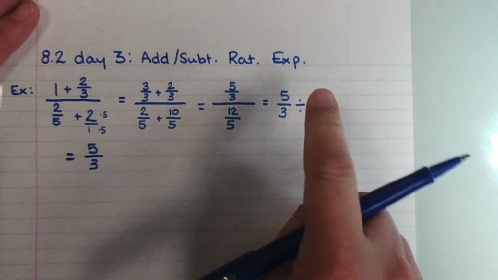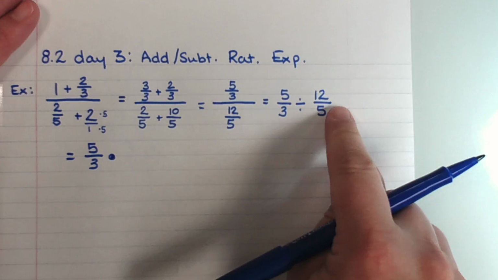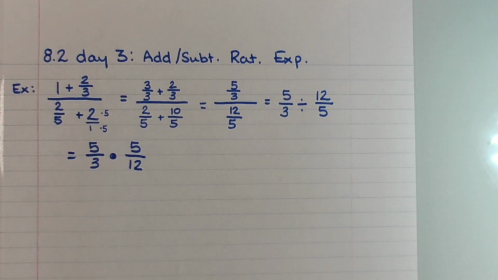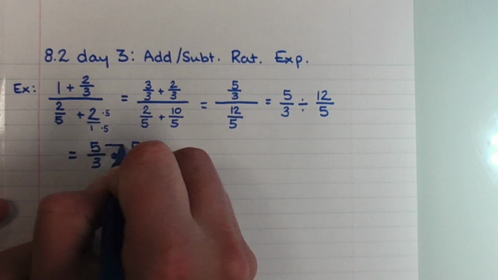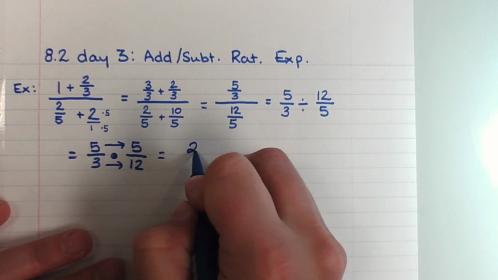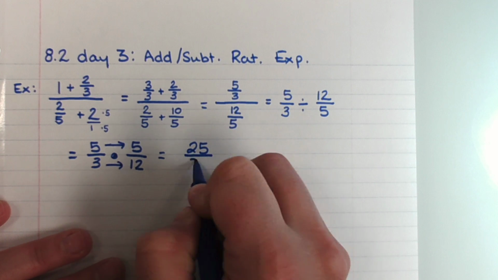Change the divide into a multiply. Flip the other fraction to 5 over 12. Do we need a common denominator in order to multiply fractions? No. We simply multiply straight across. 25 over 36,